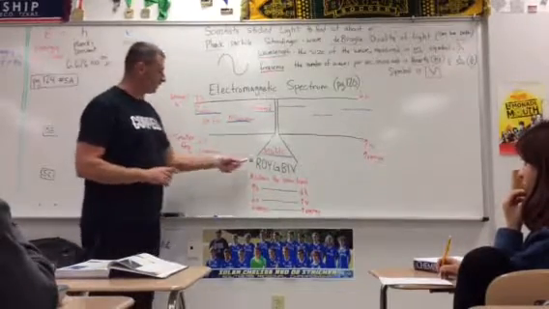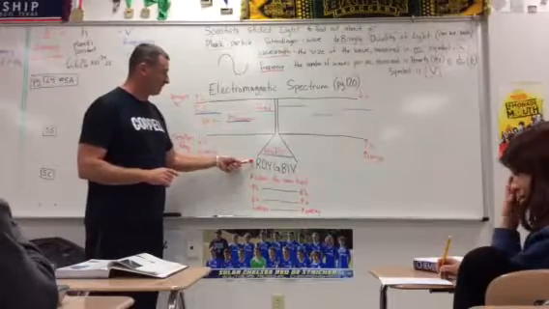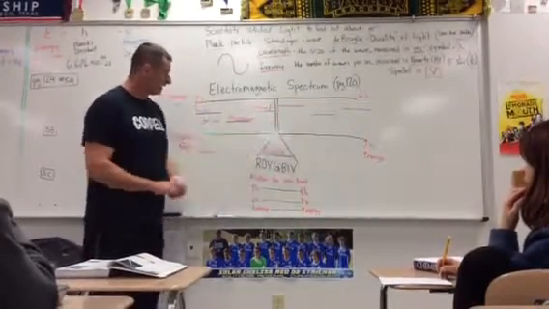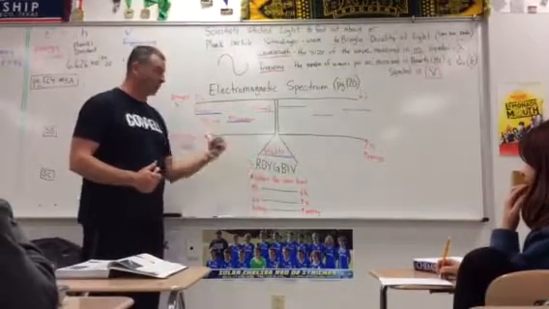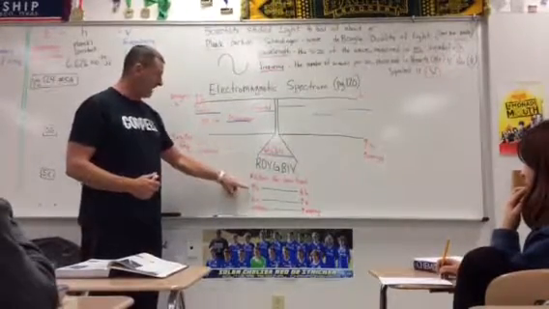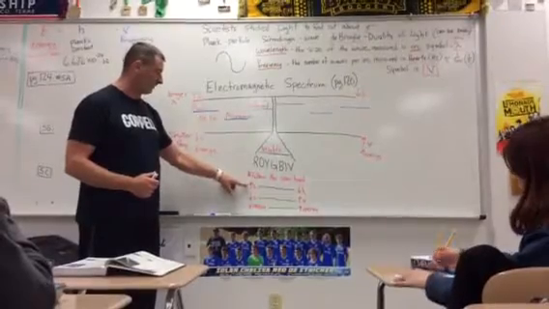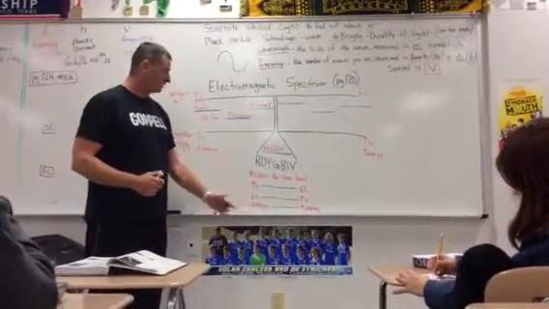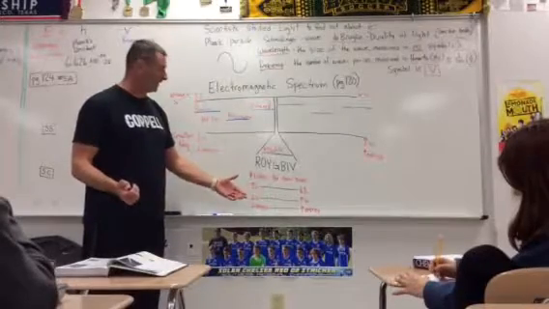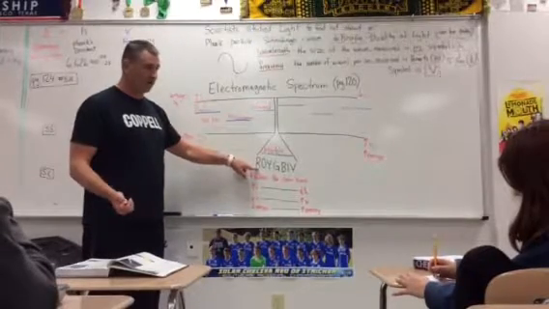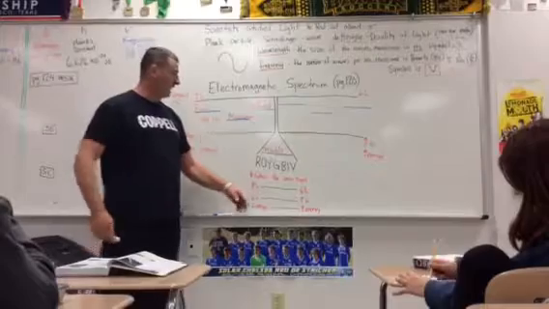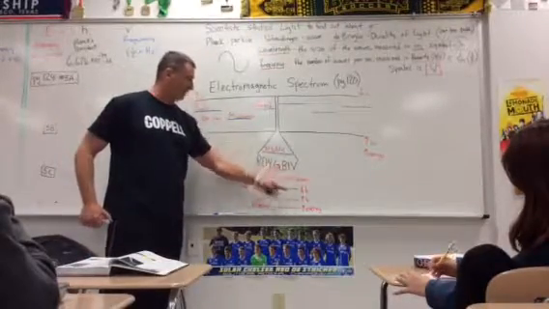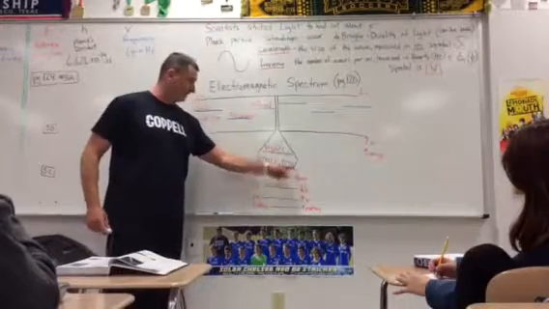All right. Now, it's important to understand that the colors of the rainbow follow the same trend as the whole spectrum. So the colors that are farther to the left have longer wavelengths, and they have lower frequencies and lower energy. So what's the least energy color out there? Red, right? What's the highest energy color? Violet. What's the highest frequency wave? Violet. What's the smallest wavelength? Violet.